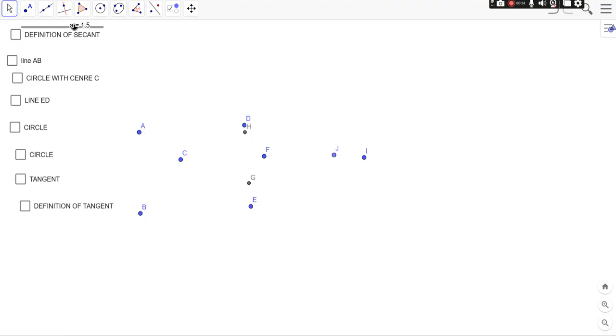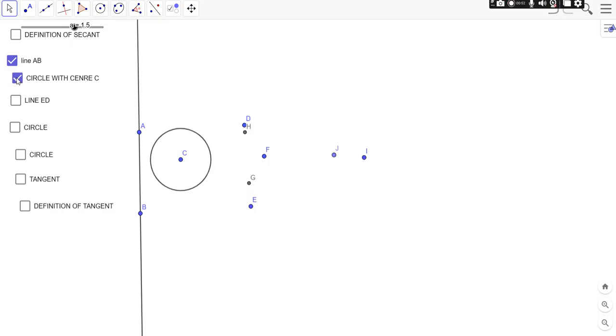Okay, dear students, first of all, we will discuss the line, right? So let us consider a circle and a line. So there can be three possibilities. I'm going to mention the nature of lines and circle in the plane. So let's draw a line AB, circle with center C. Let's draw. This is the situation 1.